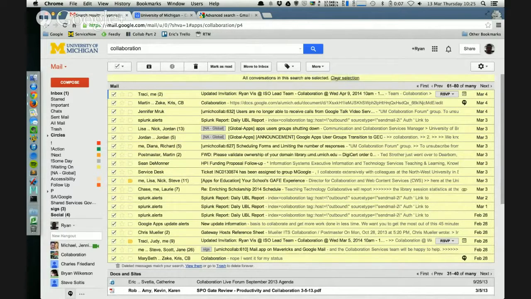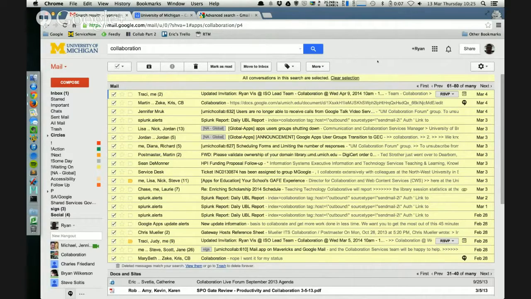If I click that link, now it doesn't show me anything, but what's happened is everything that matches this search has now been selected. If I do something now, so if I go to my More menu and pick something off of this, like mark as unread, add a star, whatever I choose applies to every message that matches this criteria. For me, that's probably going to be 1,000 or more email messages. If you search for a unique name in your email, every message where you've mentioned that person will be selected.